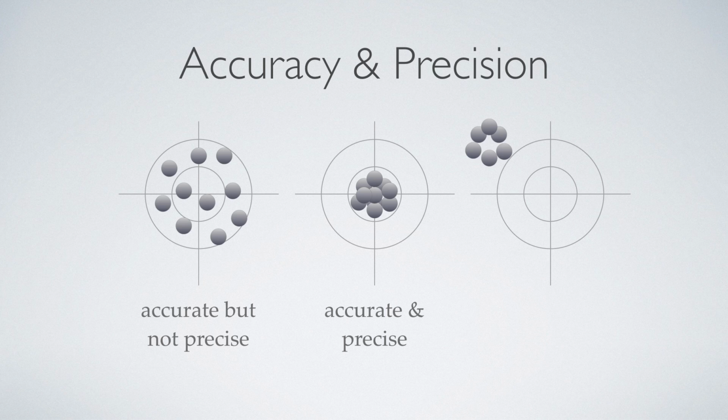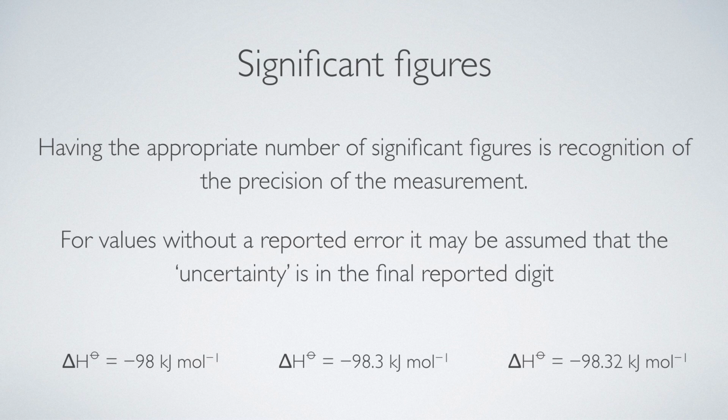This often is the case that we have to consider when people are reporting data to have a large number of significant figures, but those significant figures are there without good cause, without good reason. Having the appropriate number of significant figures is a recognition of how well we think we know the measurement, the precision of that measurement. For values without a reported error, it's assumed that the uncertainty is reported in the final